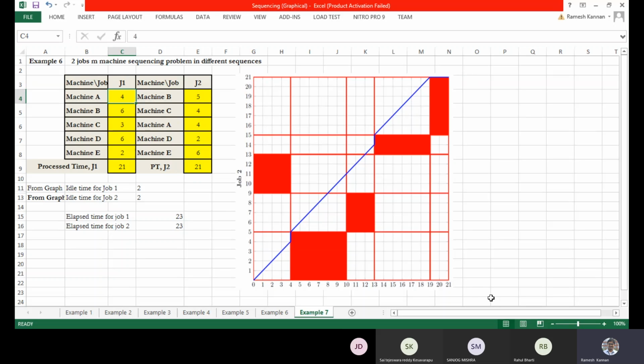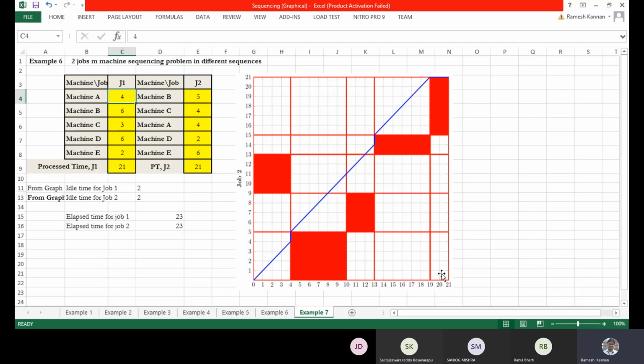So one check you can make a note of is, if you make a graph of 21 by 21, in this case the sum of all the job 1 and job 2, the final machine should have a line both horizontal and vertical at the edge. So in this case 21, it should have 21. If it is somewhere other than the edge, then you have made a computational error, so you have to rectify that. Okay, so up to this is fine.